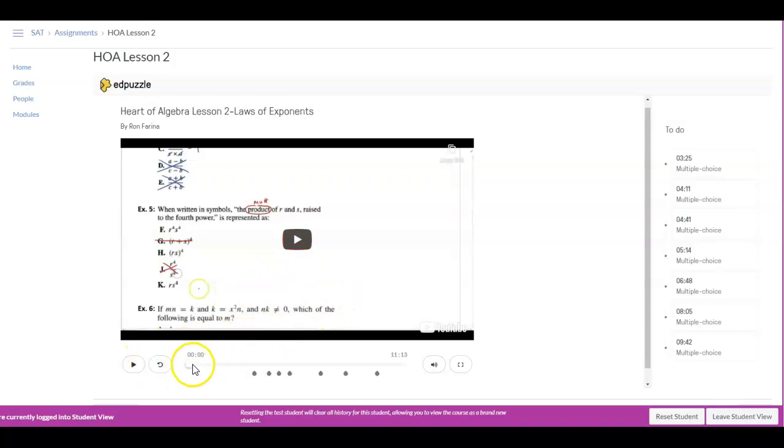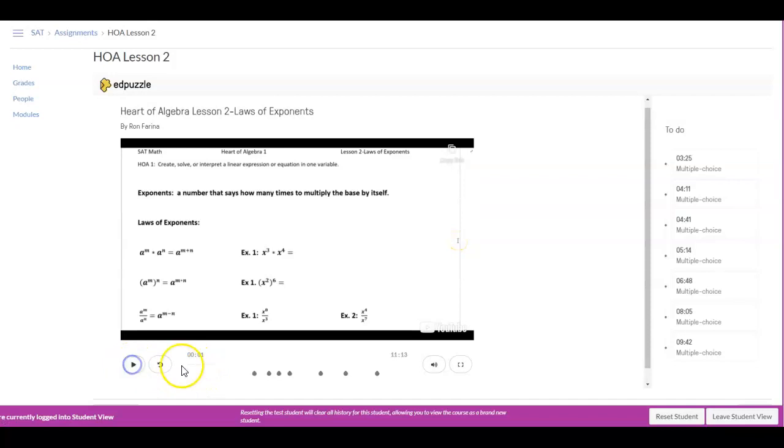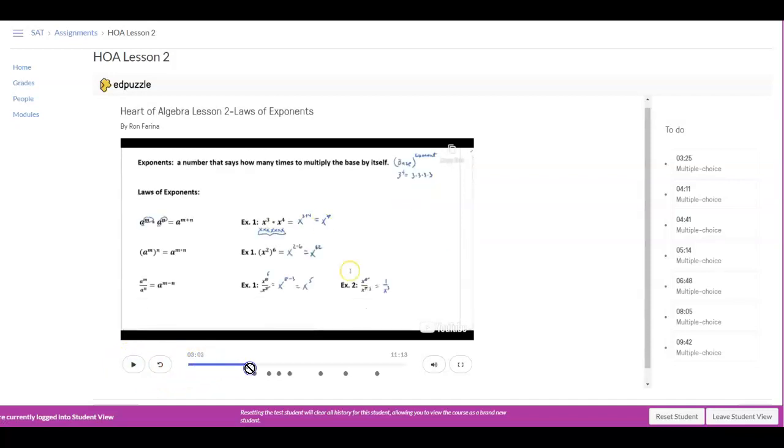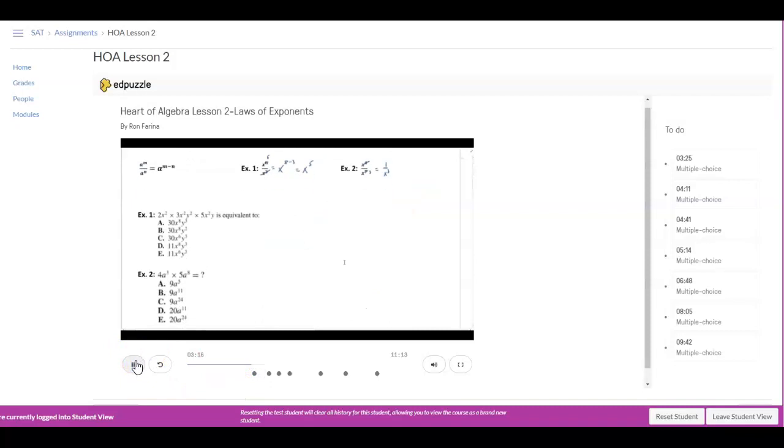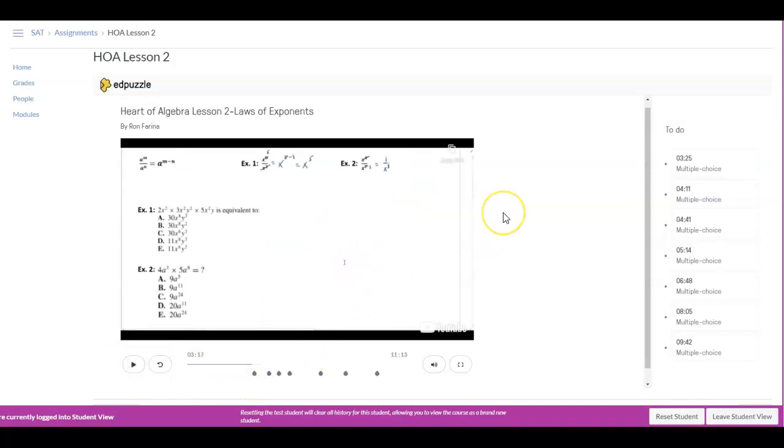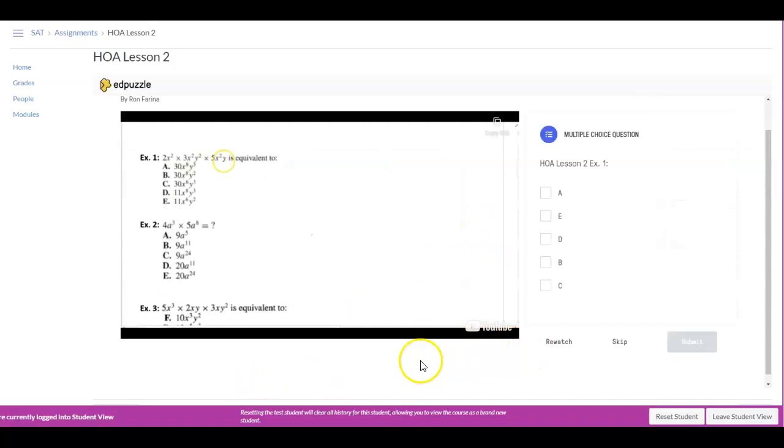Now, the beginning of the video, from that point all the way up to the first question, is an explanation or review of that math topic that all those questions relate to. Students don't have to watch it. They can skip it and go right to the question if they would like. But I would encourage students to watch the beginning part of the video, go to the questions, and then right away